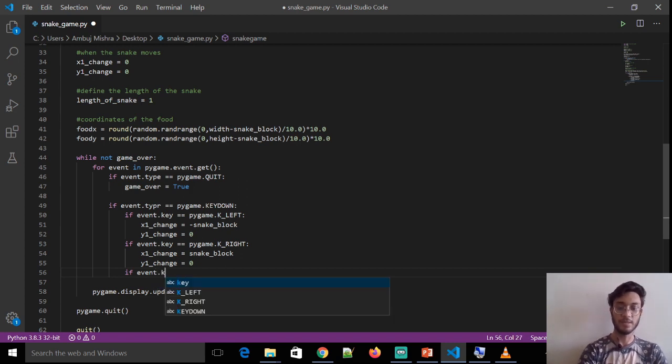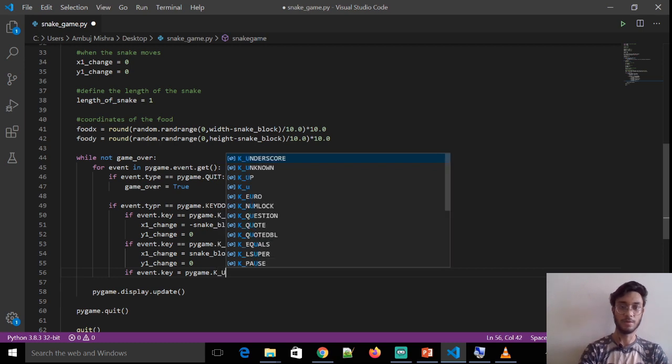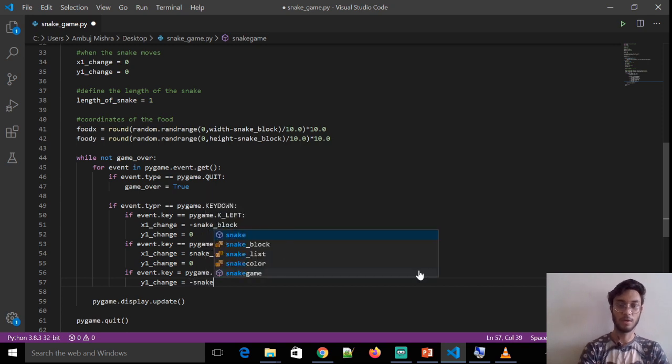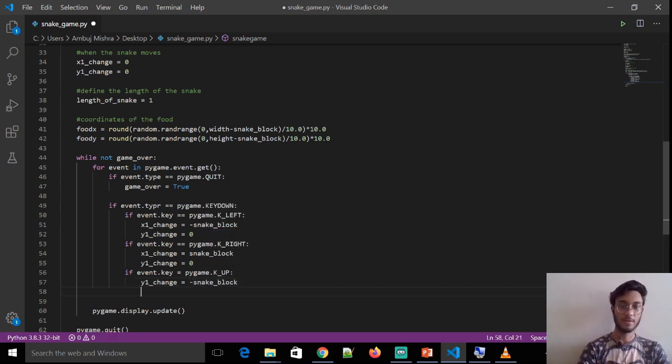So if event dot key equals pygame dot K underscore up, then in that case y1 will change to minus snake block and x1 coordinate will remain the same.